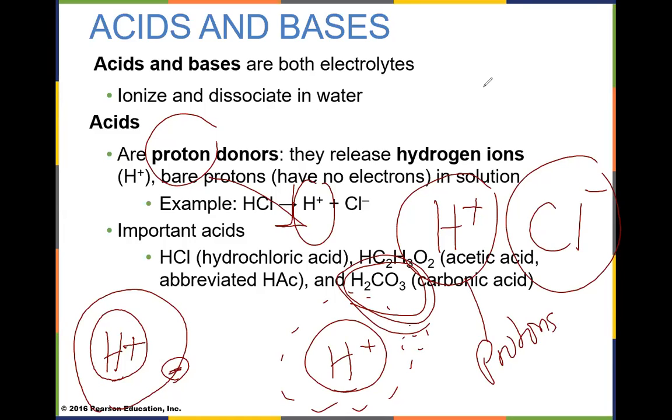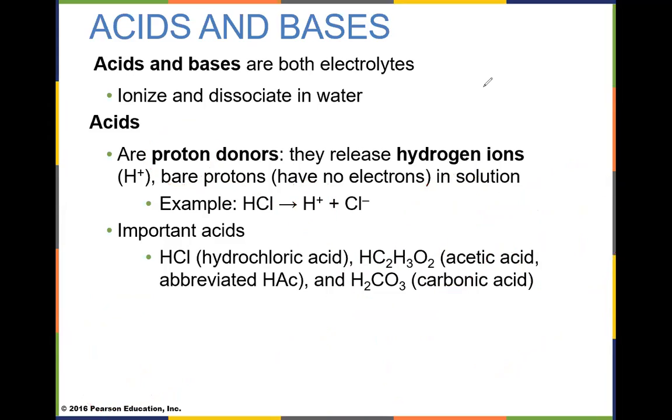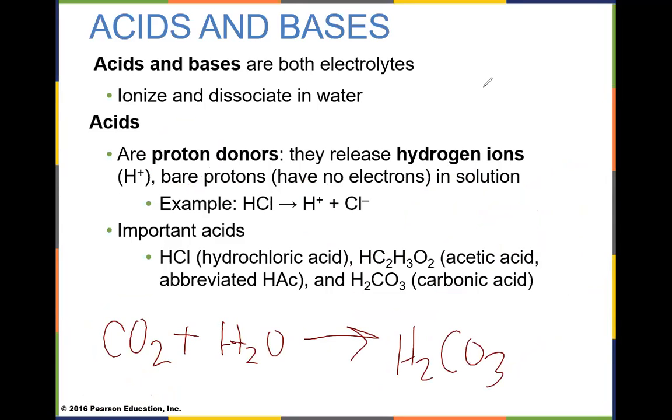Let me clear all this. When we generate carbon dioxide from breaking down sugar, the CO2 combines with water in the plasma, because we're carrying the carbon dioxide in our plasma, and that will give us carbonic acid right here. And the carbonic acid makes our blood acidic.